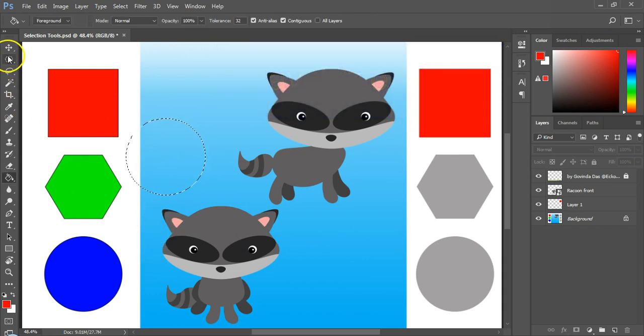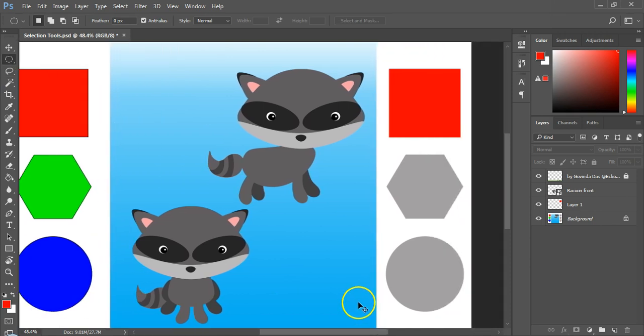And when you are finished playing around with the tool, go ahead and make a selection over the gray circle. And remember to hold Shift key to create your perfect circle. A quick tip to remember here, you can also press and hold space bar while creating a selection with the marquee tool and holding Shift key to make a circle simultaneously. The space bar will let you position the circular selection more precisely over the gray circle we have. But if you release the Shift key while holding the space bar, you will lose your perfect shape of the circle.